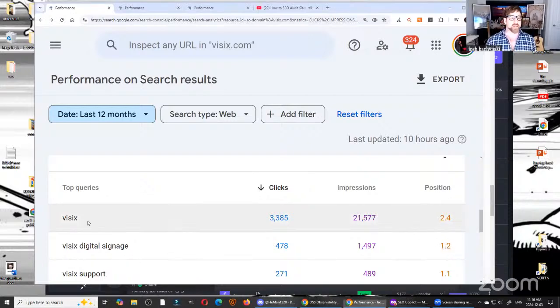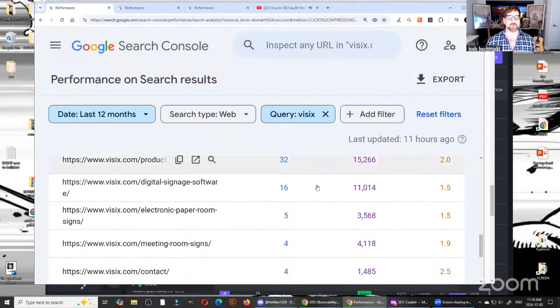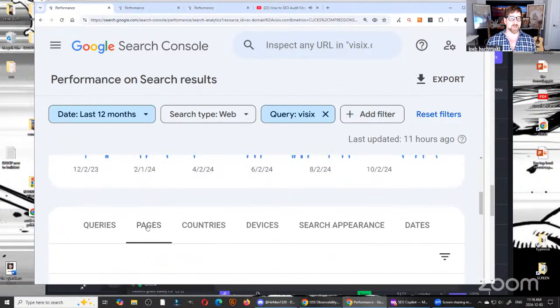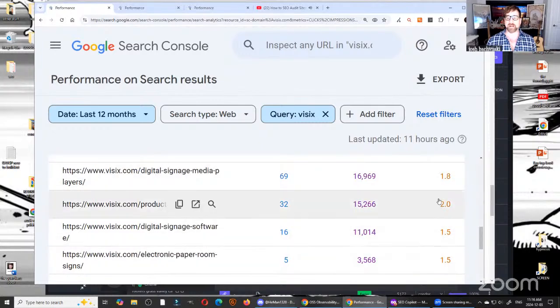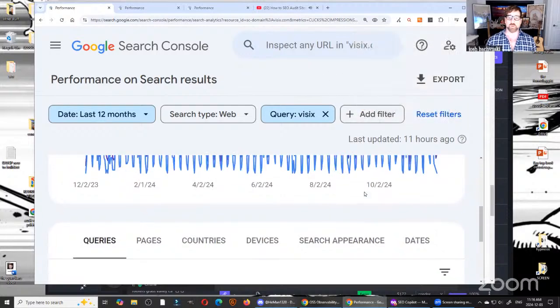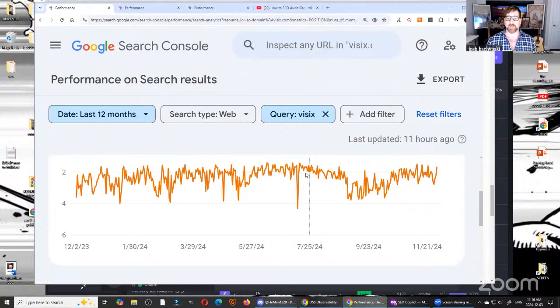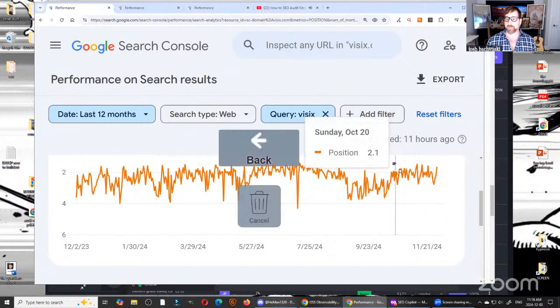So again, going back to this point, what does it mean when it says 2.4? That means that you showed up in a number of different ways for this one search result. For one reason, a bunch of these different URLs showed up. So you can click on pages and see the different URLs that showed up, and that can make the average. But the average can also be made from the fact that on this one particular query, you see it goes up and down. It fluctuates, right? You see how it fluctuates. This orange line here is the ranking position, and you see how it fluctuates. They make a big change and a big decision in different areas. They put you up, they try you, and they put you back down. They put you up, they try you, put you back down.